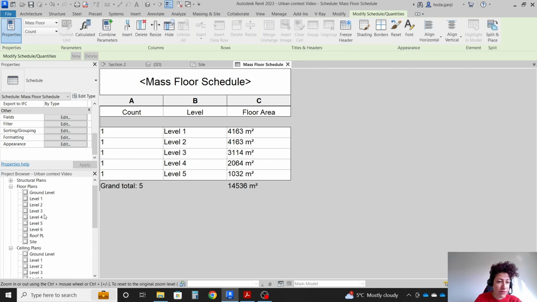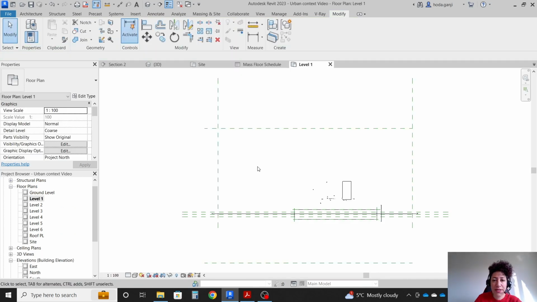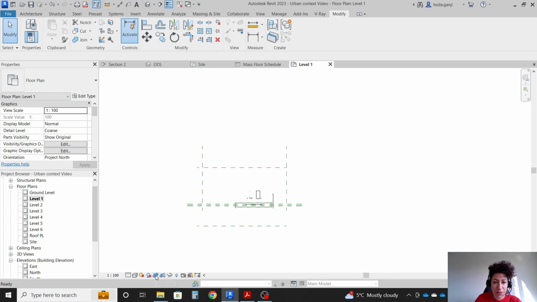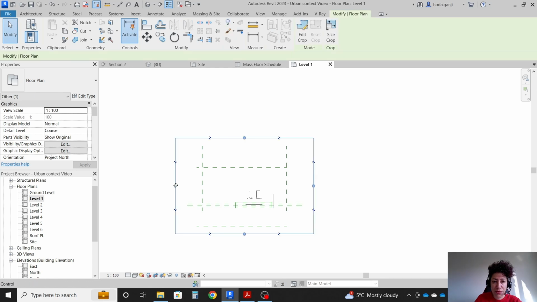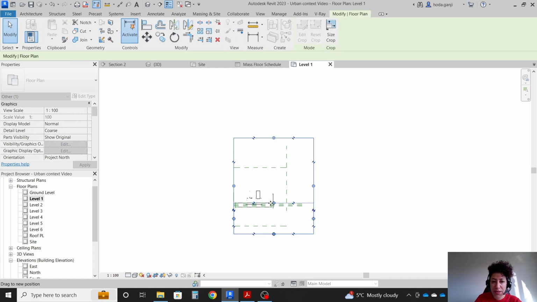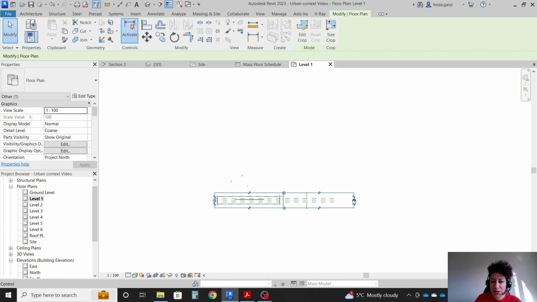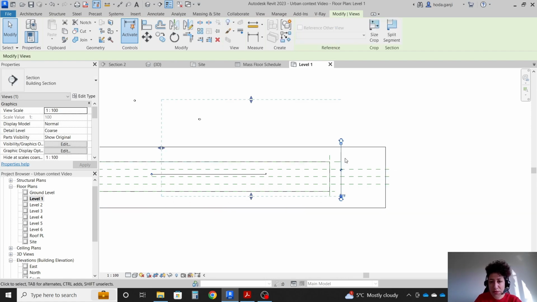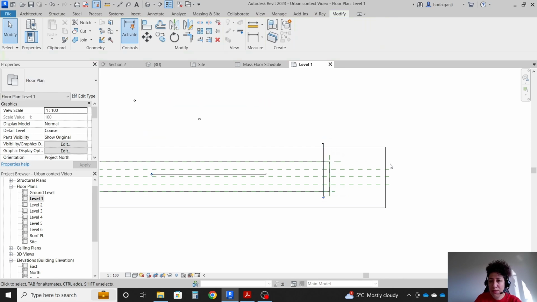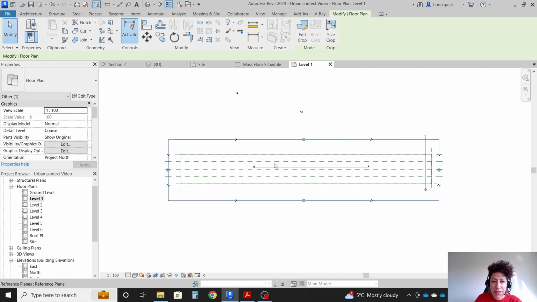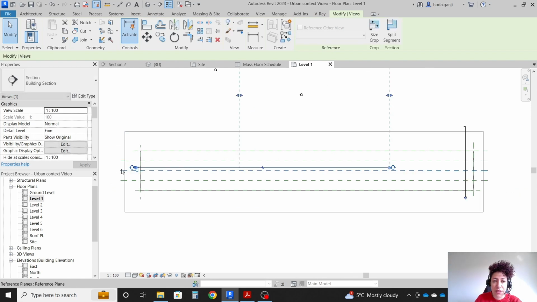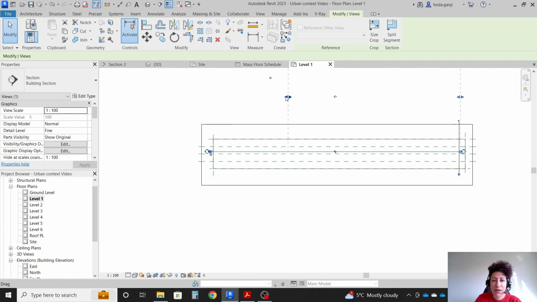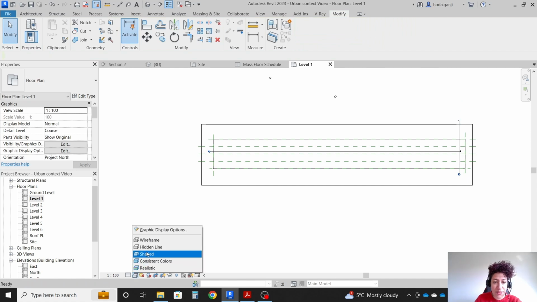Okay, let's go to one of my levels on the floor plan, level 1. Let's see what's the crop region here. I want to just go with my new building. That's the focus here, just a new building. I can move this section to be inside the building maybe. And this section, maybe we're gonna see the whole area here. I wanna go with shaded here,